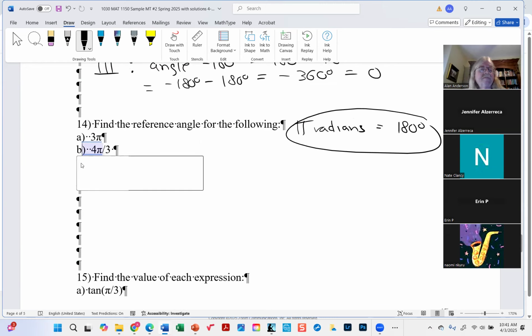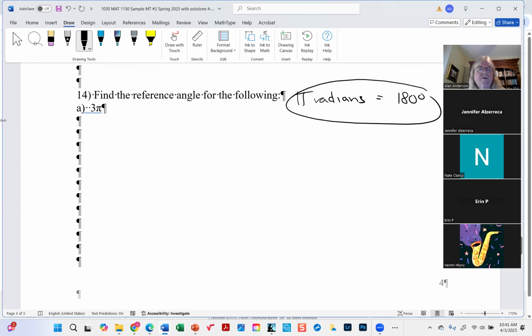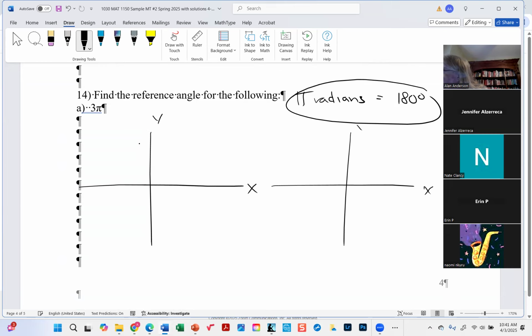So 3 pi, and by the way, let's just take a quick look at what this implies for our graph. In the case of degrees, we know that this is 90. This is another 90, which means a total of 180,